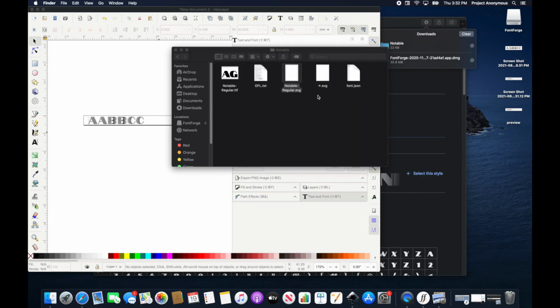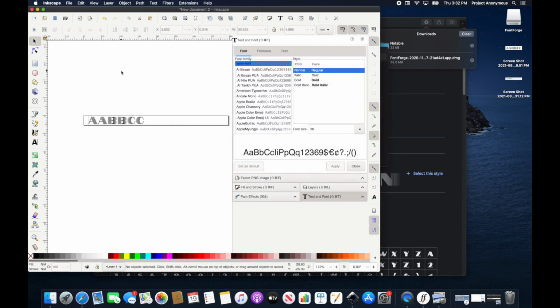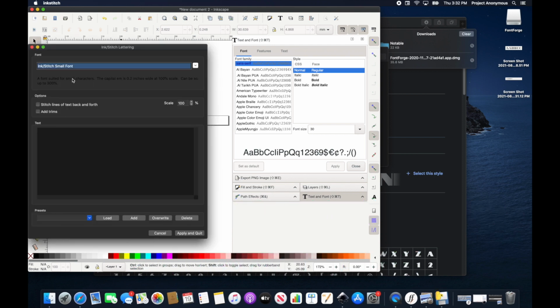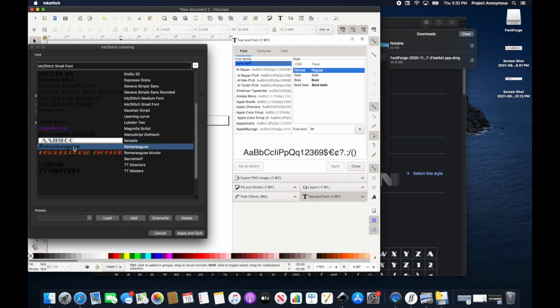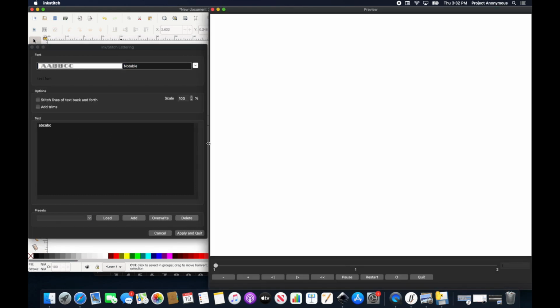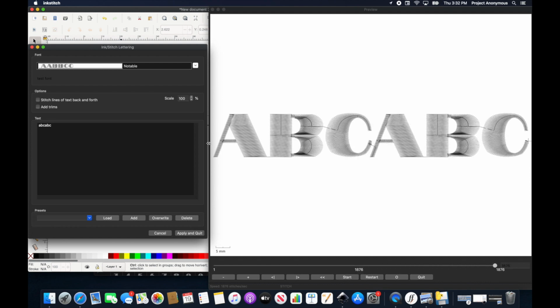So now back into our notable folder, we're just going to drag this preview in here. And then we're going to try doing this lettering tool again. And we do Shift Control L for lettering. And right there, notable, and you can see a nice preview of our new custom font. Just like that. That's really cool. Yep, and obviously if we took the time to do every single character, we could type in a real word, but